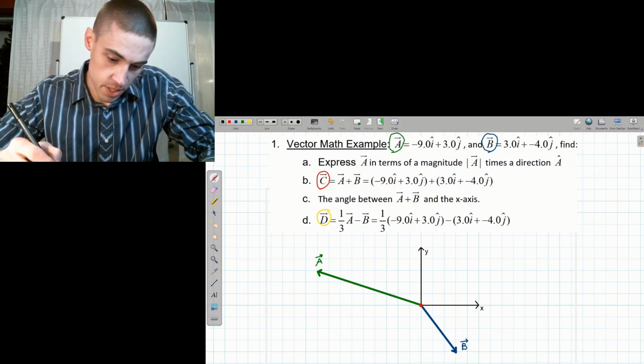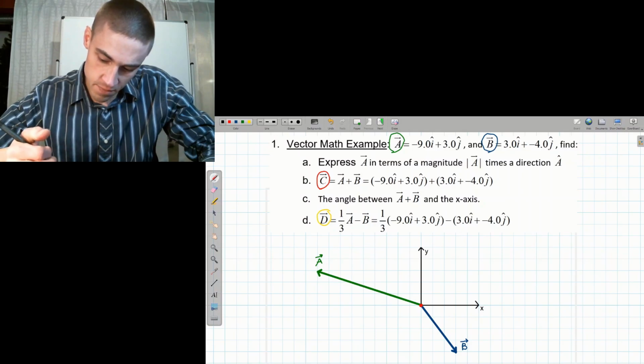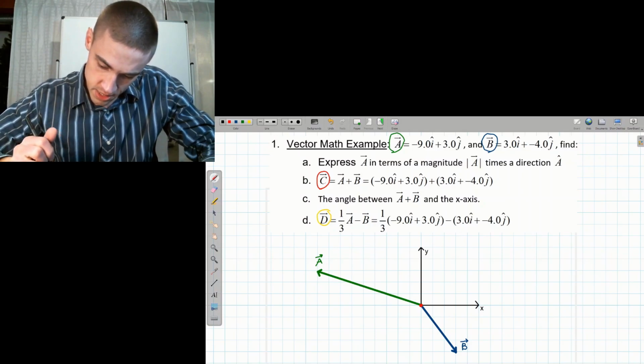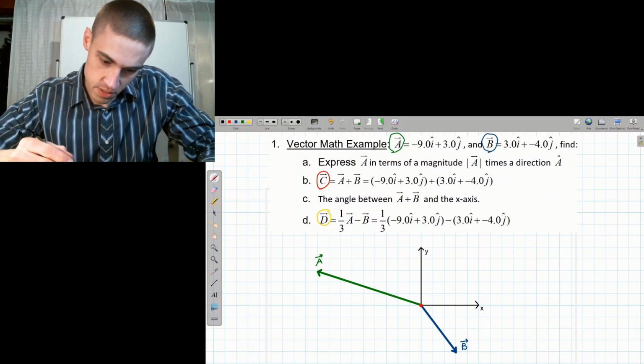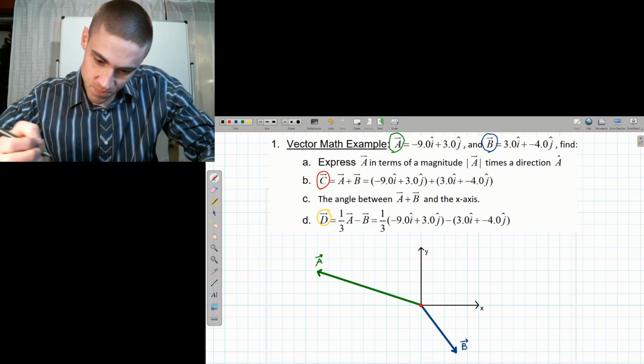So here I have a vector math example. I have two vectors, A and B here, and I've drawn them on this coordinate axes down here. You'll notice they're defined in terms of these two unit vectors, i and j, and sometimes you'll see